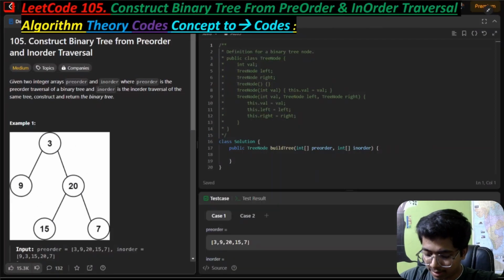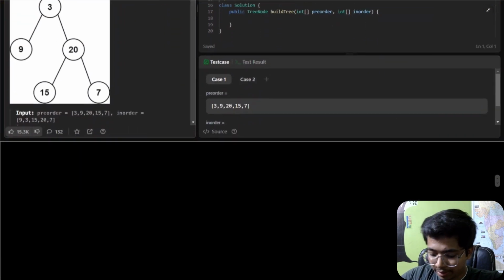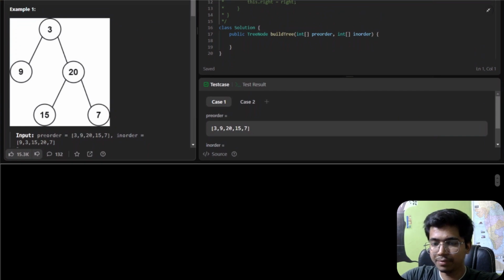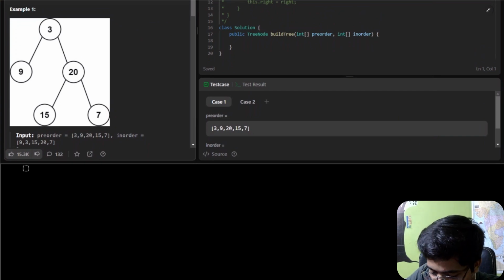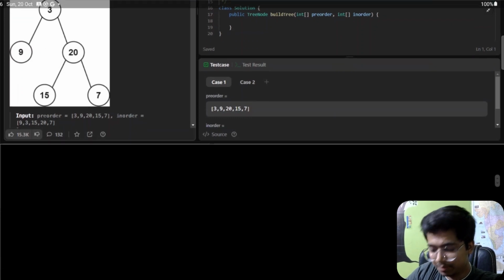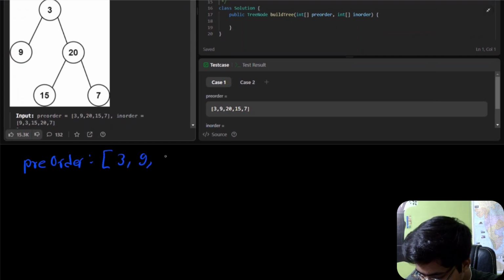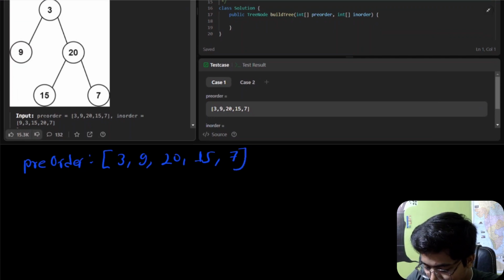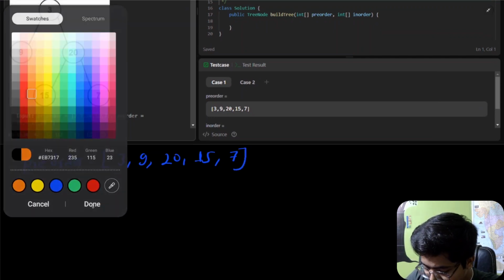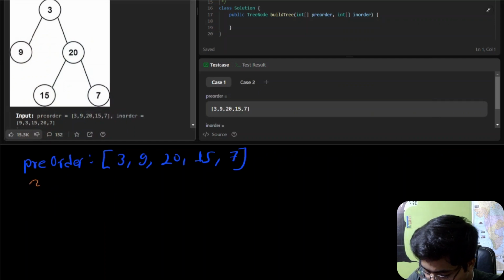So first let's understand the concept that here we have to return, हमें यहाँ पर actually binary tree construct करना पड़ेगा from the preorder and inorder. So what is the order of preorder? This is the tree 3, 9, 20, 15 and 7. So the preorder of the tree is 3, 9, 20, 15, 7. This is the preorder, and this inorder. The inorder is this